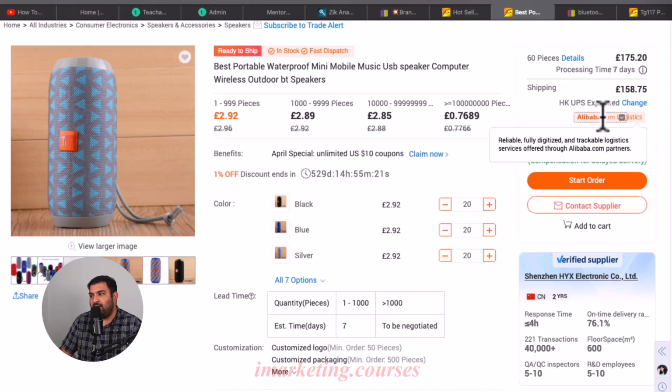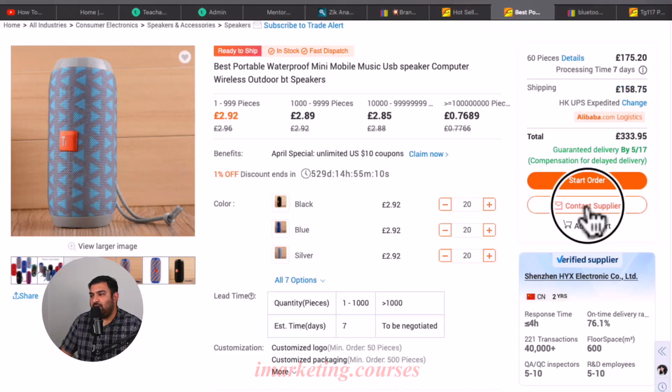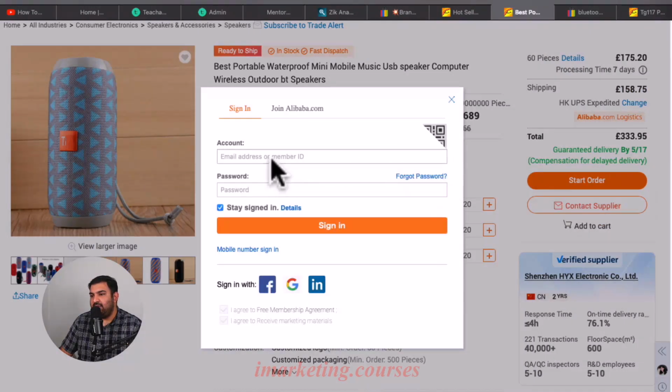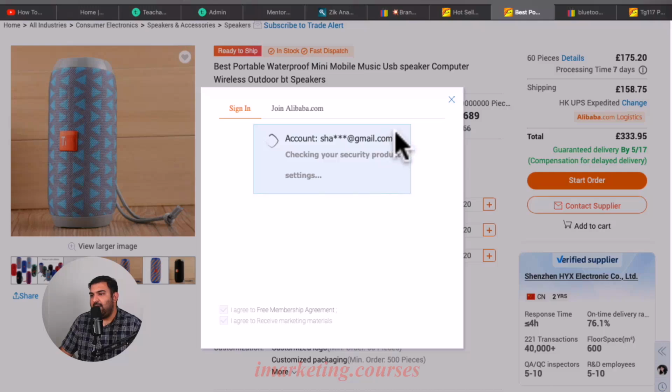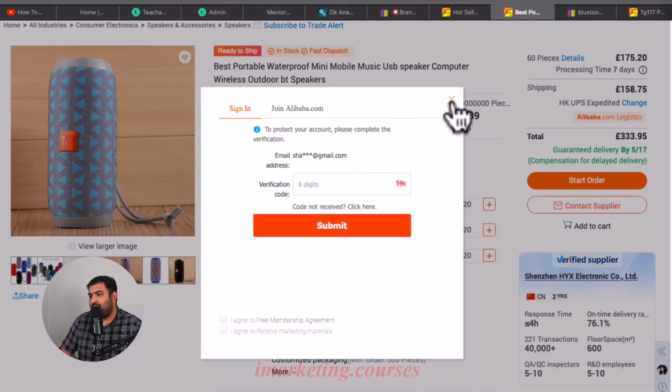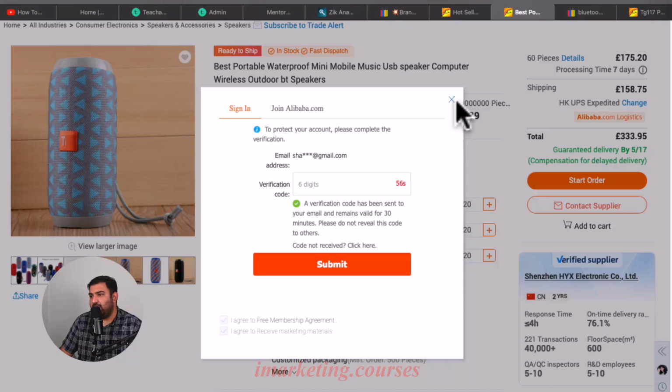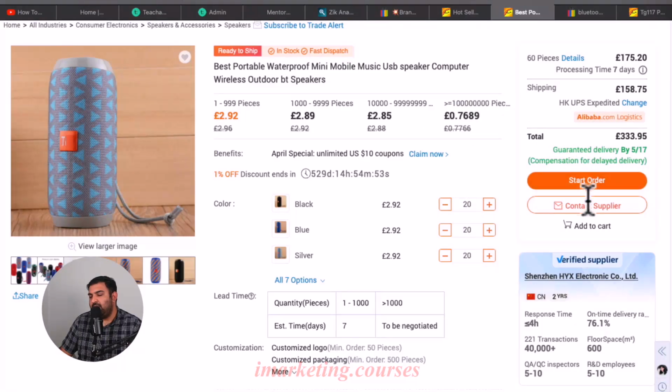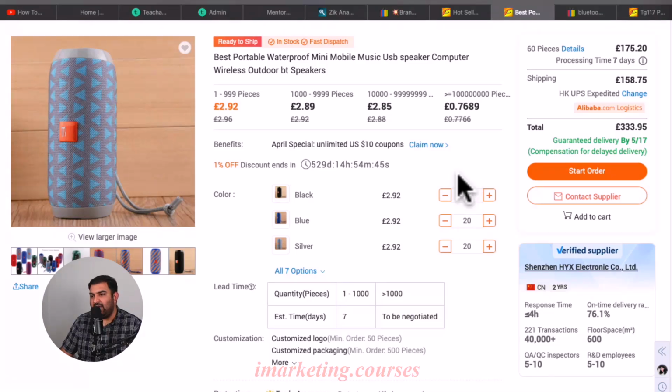So with the shipping, which we already got the quote for, we can talk to our supplier about finding probably a cheaper option as well. What I normally do is contact the supplier, simply signing into Alibaba. I will contact the supplier, and I have to put my code here as well. What we normally do is, I will give you the template for that one. Normally the template explains, okay, I'm based in the UK, I'm an online seller,